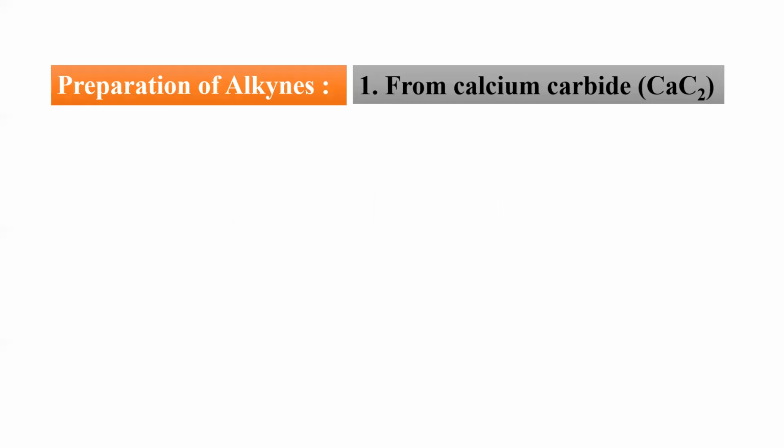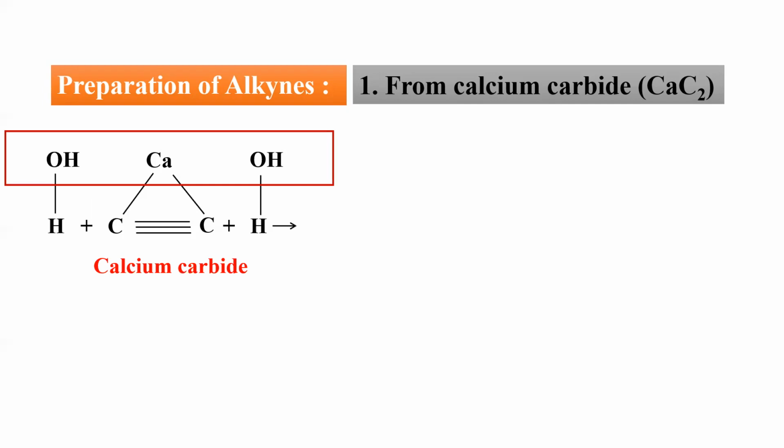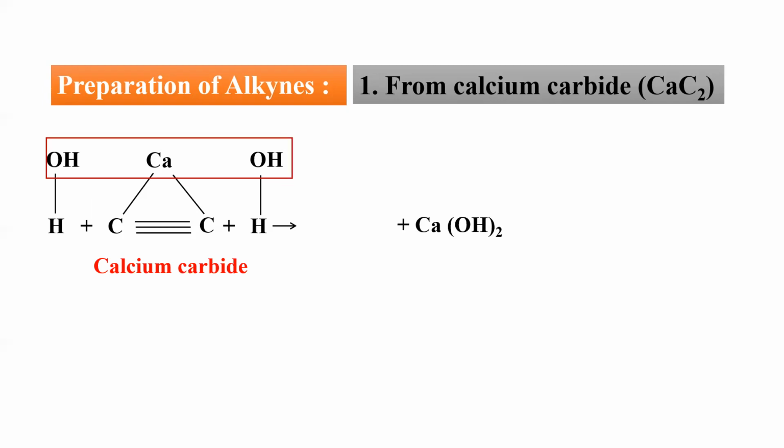This is an industrial method for synthesis of ethine. So let's have a look at the chemical reaction. This is the structure of calcium carbide, CaC2. You can clearly see that there is a triple bond between both the carbon atoms. This calcium carbide is made to react with water. Hydrolysis is a reaction that takes place in the presence of water. So when hydrolysis happens, calcium will be taken away by both the OH minus radicals as calcium hydroxide.